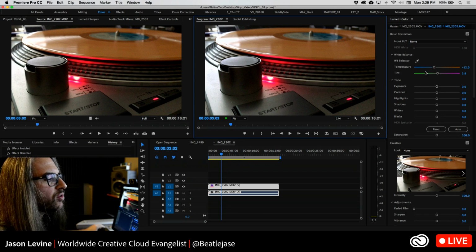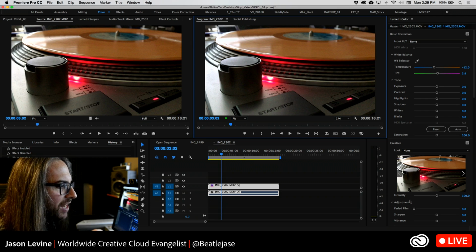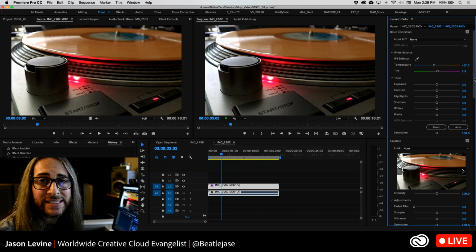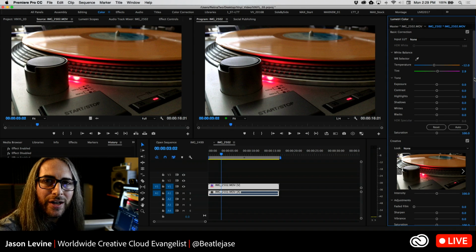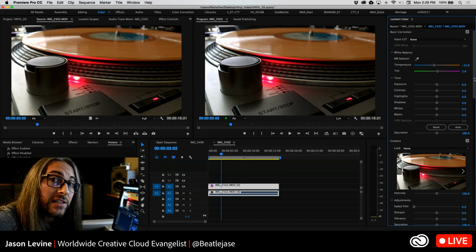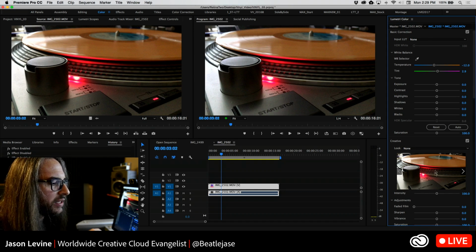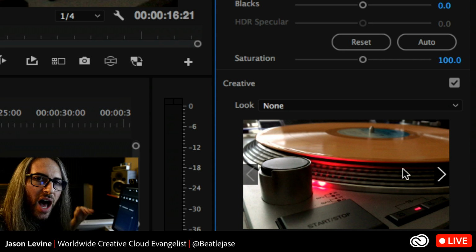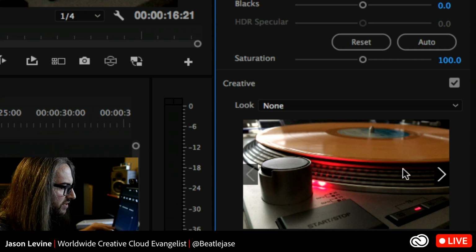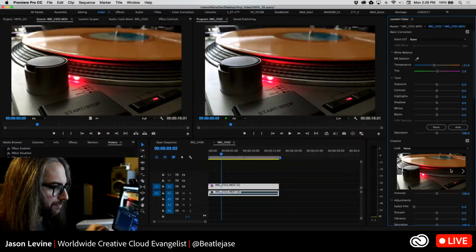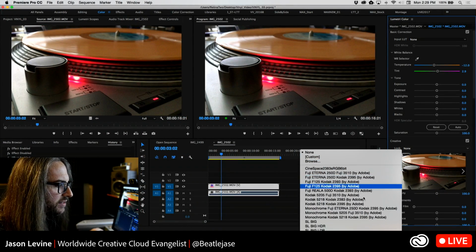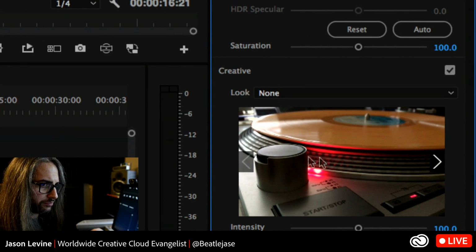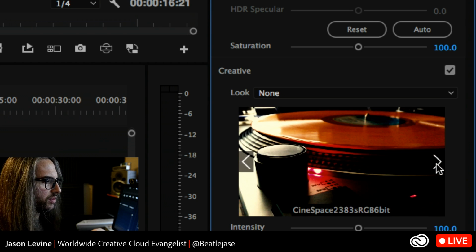So I'm gonna skip around a little bit because I want to talk about basic correction and creative. Now, one of the great things about Lumetri was that it introduced color presets. This is something that we just didn't have before. So again, a quick way to give a stylized look to your content. Now, the panel here, the window under Creative, will show you what the untouched, uncorrected version of your footage looks like. And then either if you click down into the menu here, or if you use these left-right arrows, you can start to scroll through